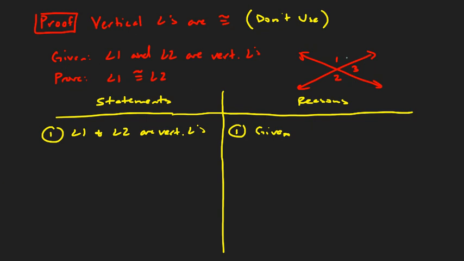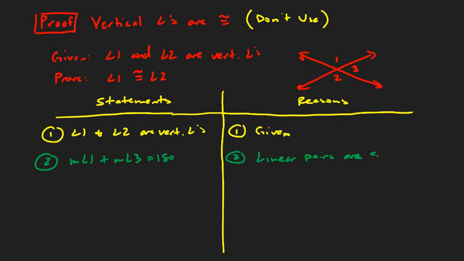So now, as I mentioned, let's talk about how we can bring angle 3 into the proof. Well, if you look at angle 1 and angle 3, they form a linear pair. They together make this line. We should know from our video that linear pairs are supplementary. We should know that the measure of angle 1 plus the measure of angle 3 is 180. And again, this is because linear pairs